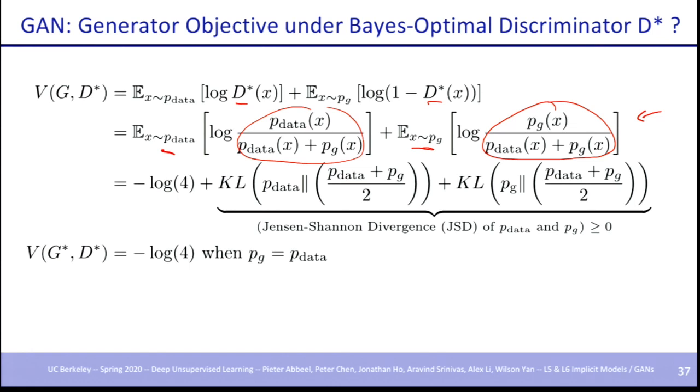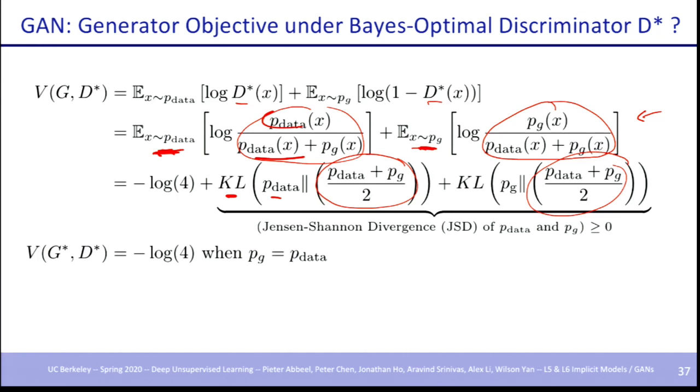That should remind you of KL divergences. You have a KL where the data comes first, and a KL where the generator comes first. And indeed, we see data and then data at the top. That's exactly the KL we're seeing here. Same thing on the other side. But then on the bottom, we see a sum of two distributions. So it's really an averaging distribution sitting here, same over here.